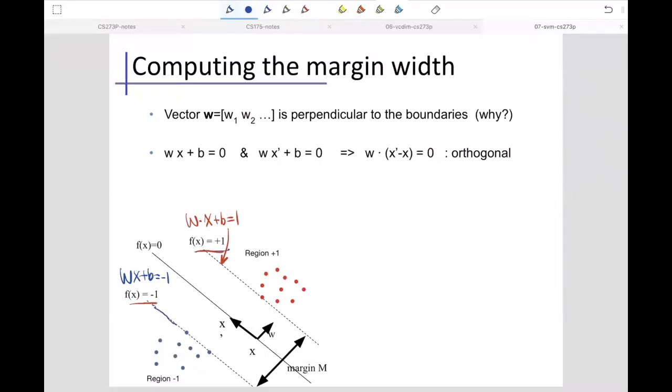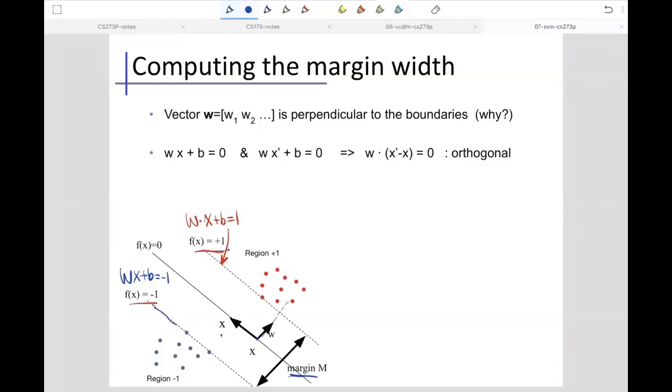And now we want to calculate the distance between these two planes. These two planes are only shifted from one side to the other side, so they're parallel to each other. And when you have parallel planes, you can calculate the distance between them. That is the margin we can try to calculate here. First of all, let's determine what this direction is. Suppose I want to go from this to here. What's the direction